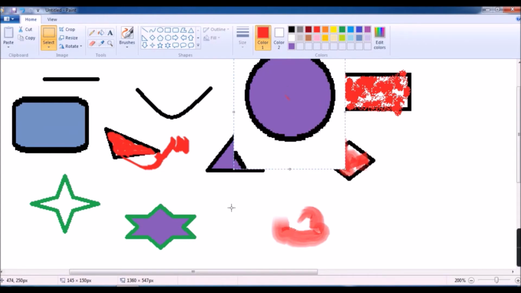Now we have learned about different tools. So what you will do, this is homework for you. You have to practice all these tools. Just click any one tool, draw it and see the effect. Now we will learn how to do drawing, how to use all these tools for doing a drawing. Now let's learn how to change the background color.